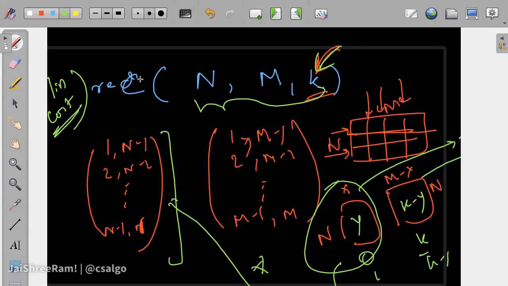So we will design a recursion which says: given an n cross m chocolate piece, what is the minimum cost to make k squares? Make sense? When we have this instance, we have to break it into smaller pieces. So we have to make a move. What is the move? Make a cut, right? Based on that cut, we divide on which side. We will divide into two smaller problems, and